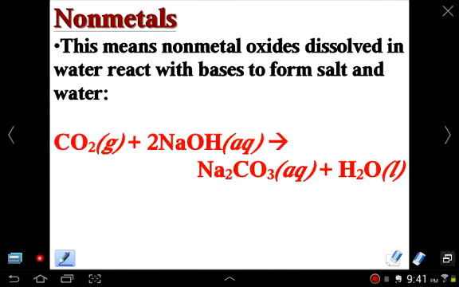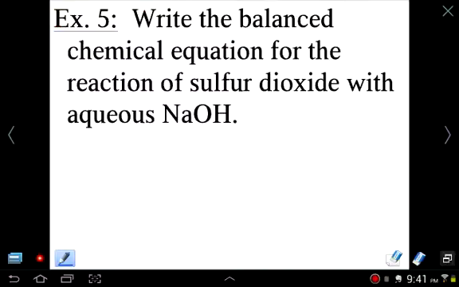And since we said nonmetal oxides are acidic, this means they will react with bases, again, to form salt and water. So we're going to actually do a reaction like this. Write the balanced chemical equation for the reaction of sulfur dioxide with aqueous sodium hydroxide. So let's go ahead and get to it here. So first of all, let's go ahead and write sulfur dioxide. And then we're going to react that with